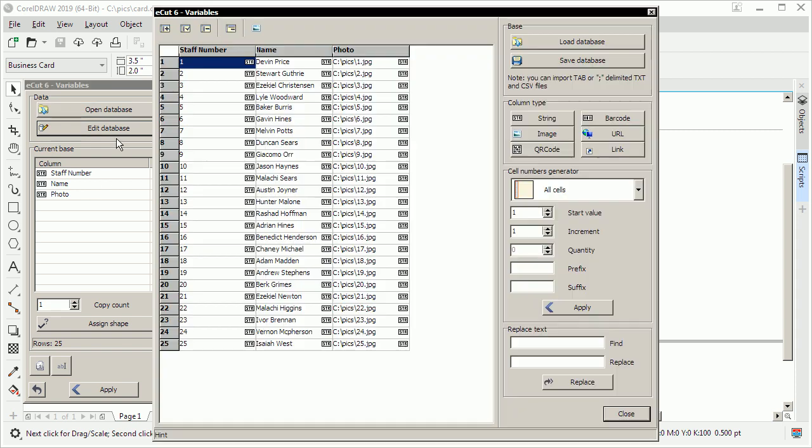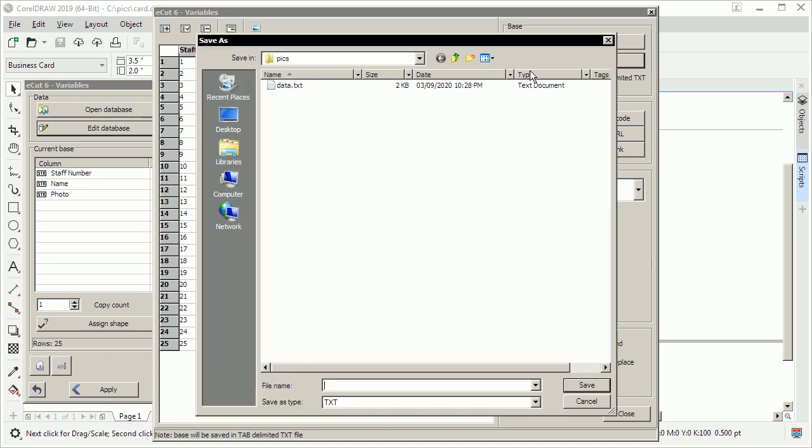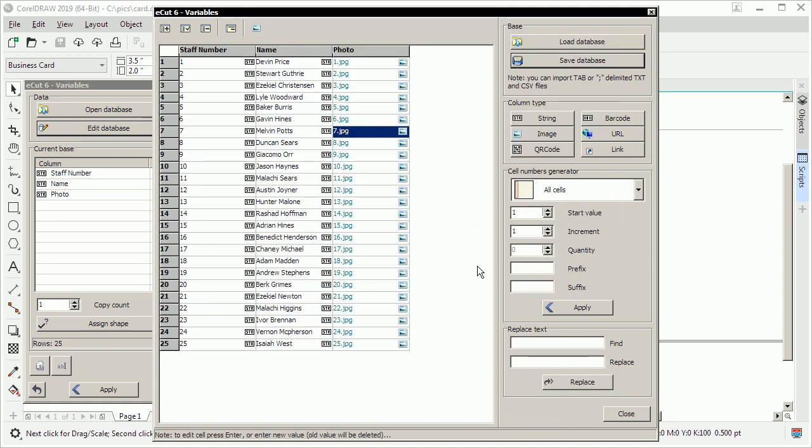Now if we edit our database, we can see that the third column here is designated as a text string. We don't want that. We want that to be a photo. So we just go over to that column, click on something, and over on the right side, choose the image button here. You can see how this column is now updated to images. It's not showing the path name in the string, but that's okay. I know it's in there in our file. Now, if we save the database and just overwrite that data file, now it's ready to go, and it's easy